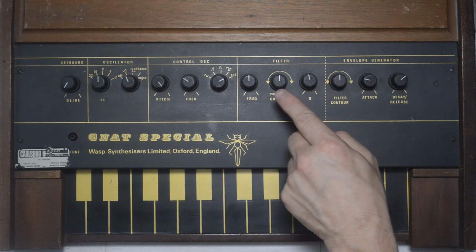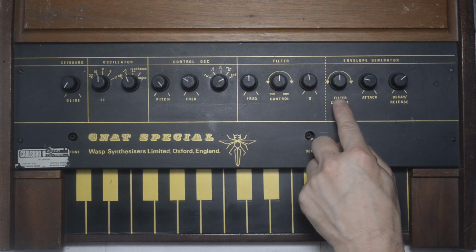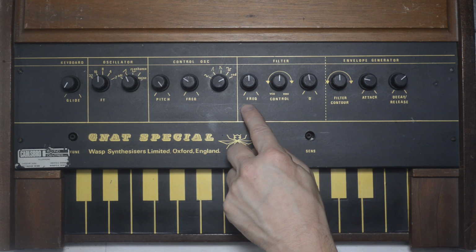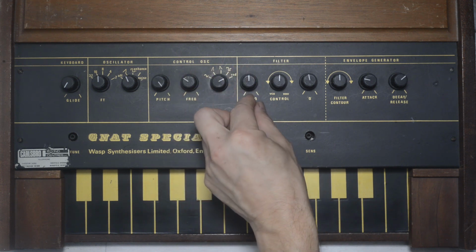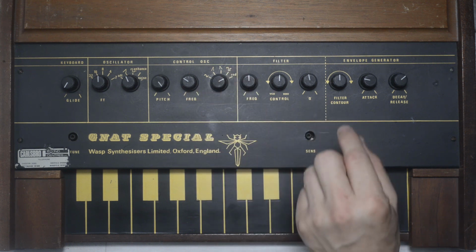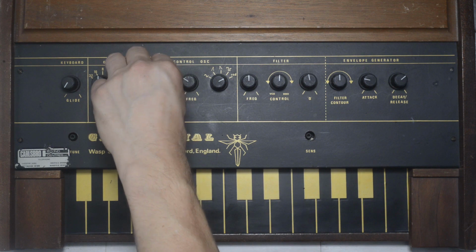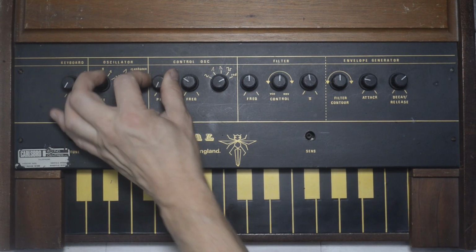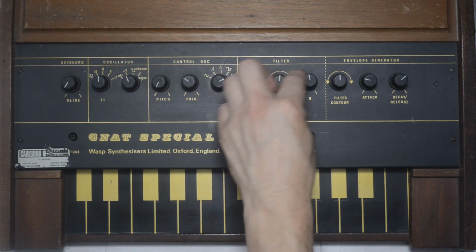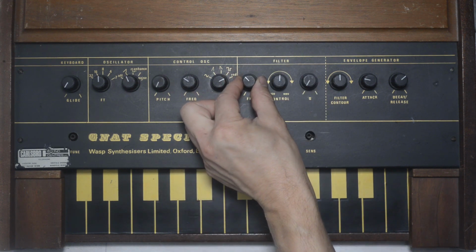Right, moving swiftly on to the filter, which, by its dotted line separating it from the envelope generator, tells us there is something in common here. And look, filter contour. Okay, frequency, range, low frequency, low pass filter, 12 decibels per octave with a resonance. So that sounds very much... Oh, I'm sorry, but I'm going to turn you off. There we go. So, frequency. Let's turn off the resonance completely and...